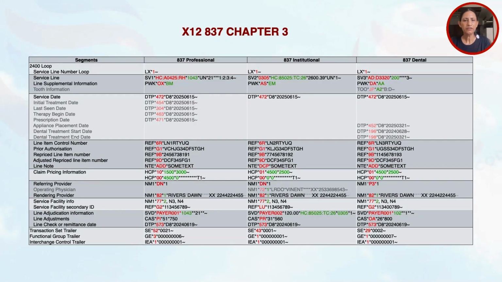Now, claim and line repricing results are returned by repricers to payers via the HCP segments. HCP01 carries the method used while pricing. Various methods used you have already seen in the last session, so kindly refer to those codes from there. HCP02 has the allowed amount for the provider, which is derived after repricing. And HCP03 has the savings made for the payer on this line.